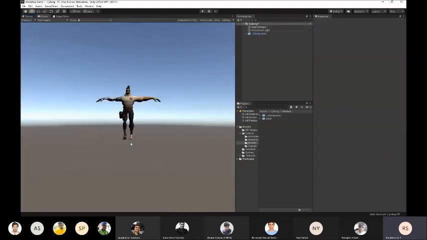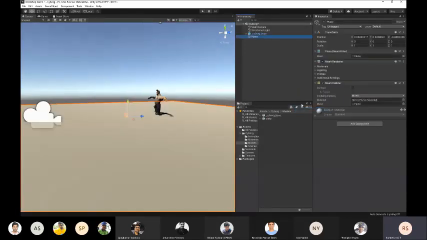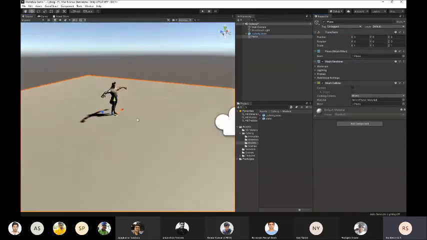Right now, he looks like he's floating in air. Let's create a plane: 3D Object, Plane, and I'll reset its position. Right click on Transform and reset. Now it looks like he's standing on some surface.